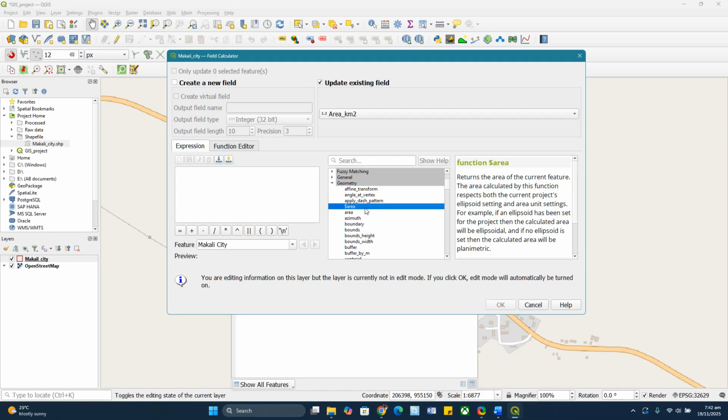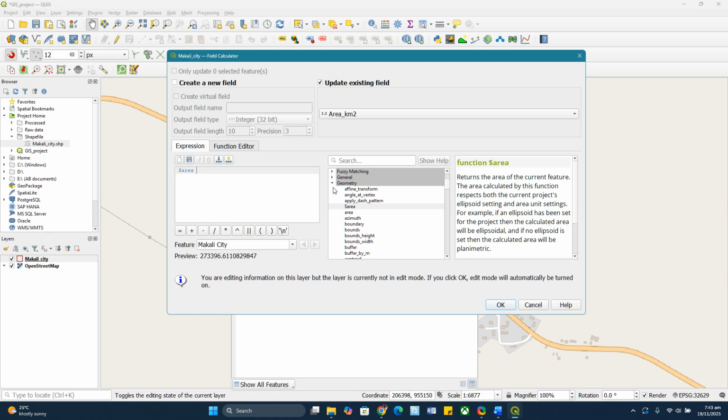So if you don't want to go through this, you just have to note that when you want to write any geometry, you should start with a $ sign followed by the geometry name. For example, if you double click, then this is the geometry. You will have a preview of the geometry in square meter. So this means your area is in square meter because we projected our map. But because we know that our area should be in square kilometer, we have to do the conversion. And the conversion from square meter to square kilometer is you have to divide the square meter by 1 million. So to do this, folks,